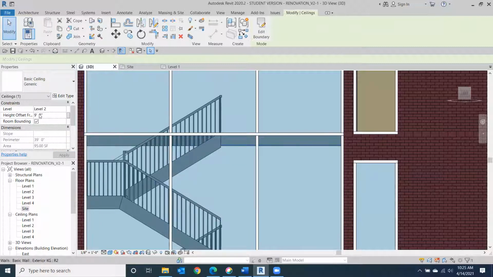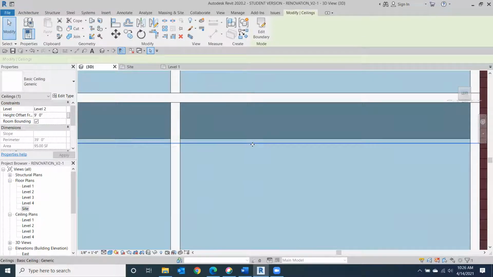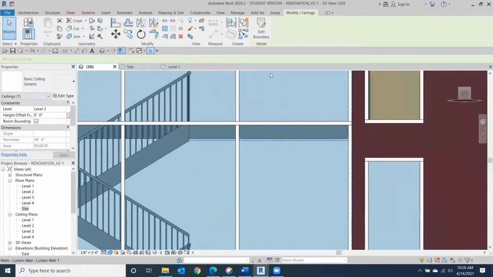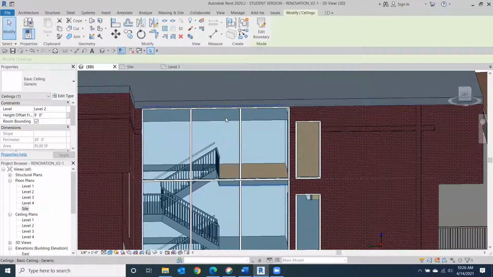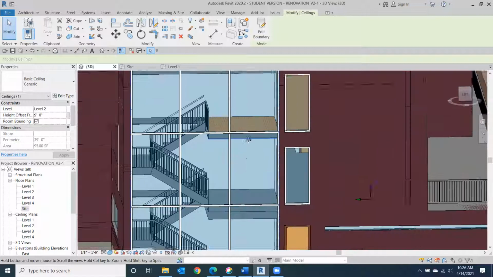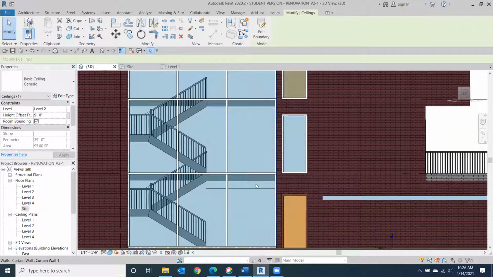This is maybe 9 foot. Maybe 9'1". But make sure that your ceiling isn't hanging out here, especially in your curtain wall, because that looks a little weird where we can see that through your curtain wall. So whoever this is, take a look at your ceilings and get those adjusted as